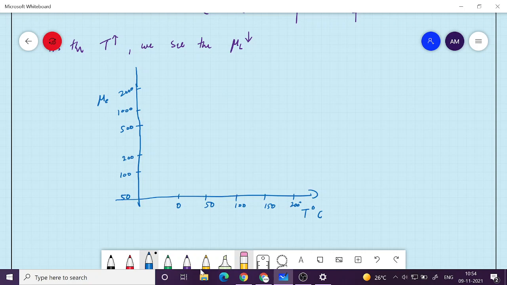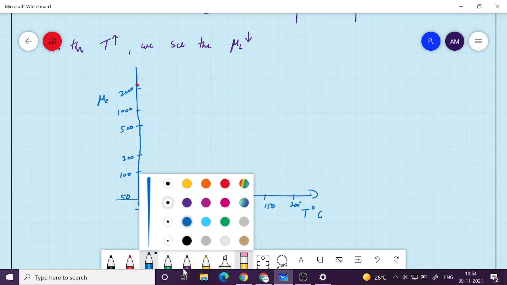Okay, so the curve will actually look like, it will start somewhere here, that is -50. This is -50 degrees. So at -50, the mobility is above 2000. I did not discuss the unit of mobility. The unit of mobility is